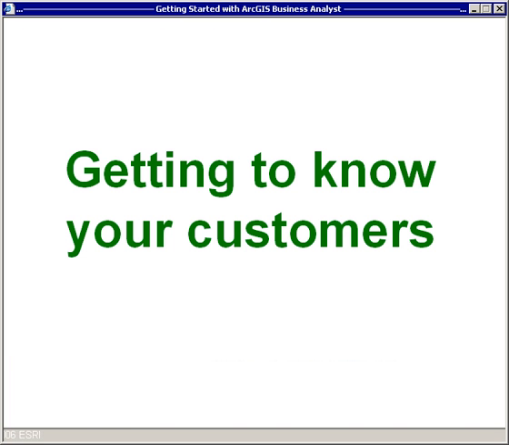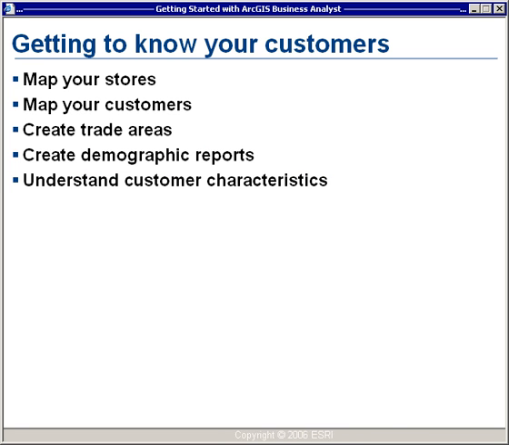Well, let's go on to the second portion of our presentation and try to get an understanding of customers and how you understand their demographics. How do you learn their demographics? First, we'll start off with a look at how to get the data into Business Analyst. So if you have an extensive customer database, how do you turn that into one of those point maps? And then how do you make the demographic reports? Given a trade area, how do you learn what's going on inside that trade area